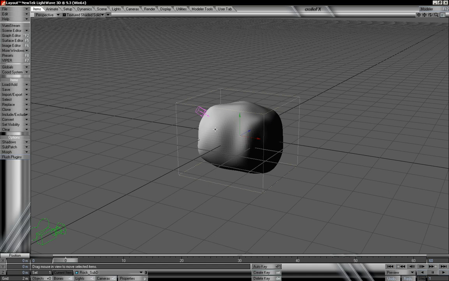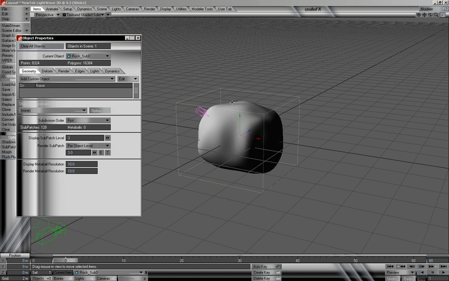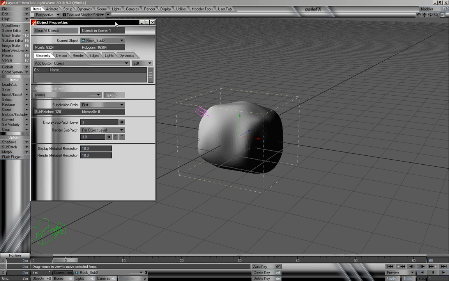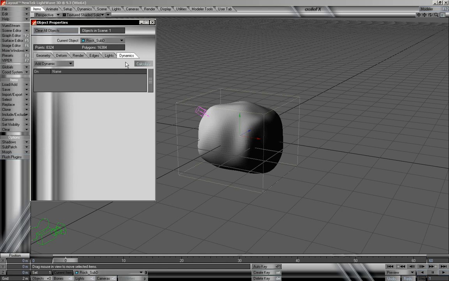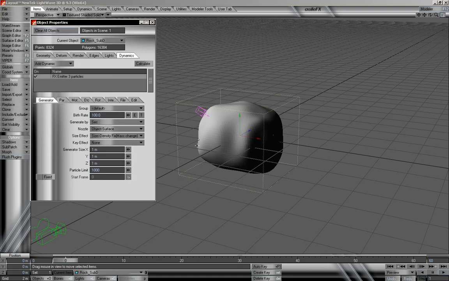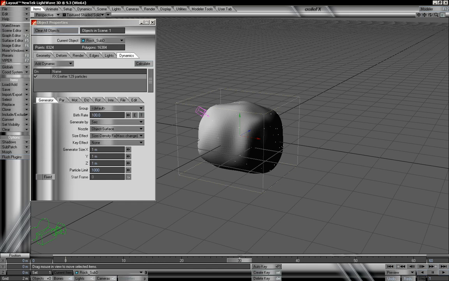And what we want to do is first use this object as an emitter. So what I'm going to do is make sure our object is selected, and I can hit P on the keyboard to open up our properties. And if we go to the Dynamics tab, what we can do is add in emitter for our dynamic. And now this object has become an emitter. It has also automatically changed our nozzle to object surface, which means it's using our object surface to generate our particles. In other words, it's using the vertices that we have on our object in order to generate